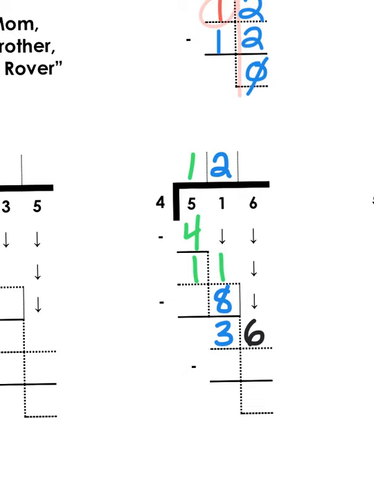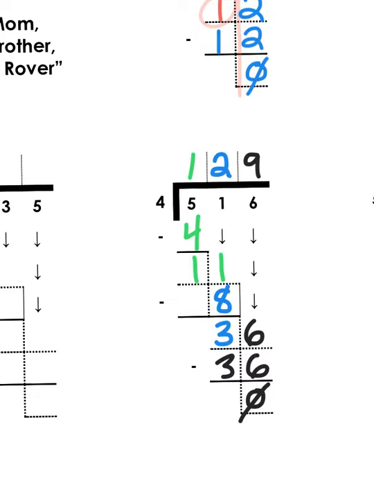How many groups of 4 can I get out of 36? Well, if you know your multiplication facts, you know that 9 times 4 gives you 36. And so when I subtract the difference, I'm left with 0. There's nothing else to bring down. I check my number. That's a remainder of 0. So our answer, our quotient, is 129. So 516 divided into 4 groups gives us